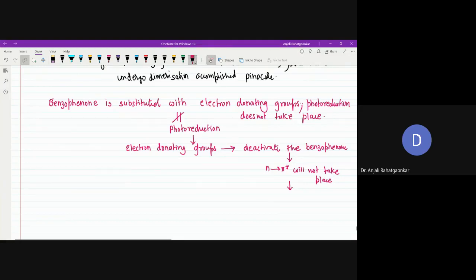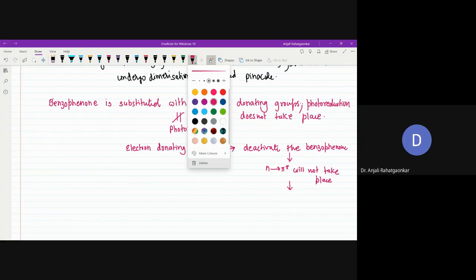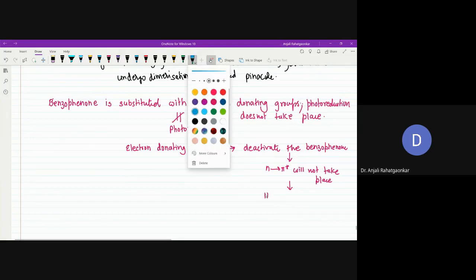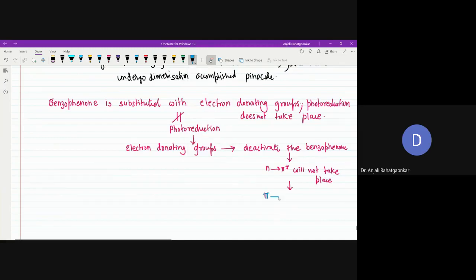It was explained that the pi-pi transition is possible. Here it has been explained that instead of n-pi transition,